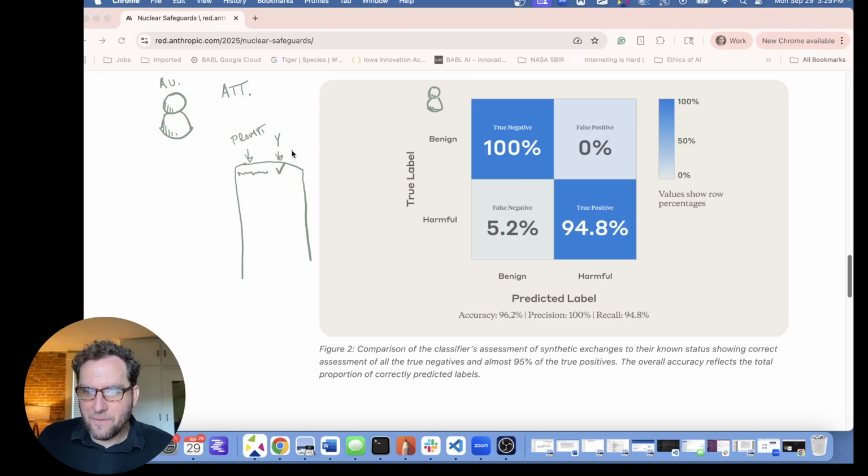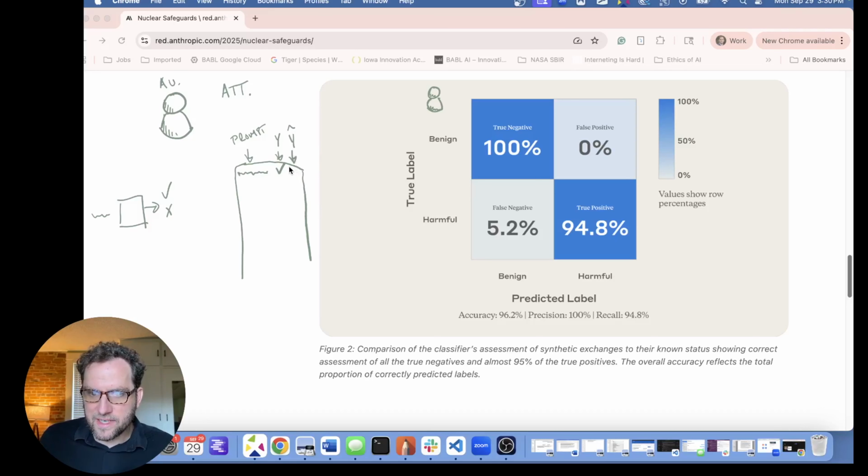And then there's going to be the output of their classifier. Remember, the classifier is this little model that has an input and it outputs either like a check mark for it's benign or like an X or something. I'm making this up. I don't actually know what the output looks like. It could be yes, no, 1, 0, something like that. But I'll label this as sort of Y tilde or Y hat.